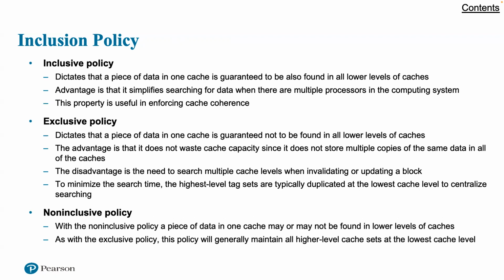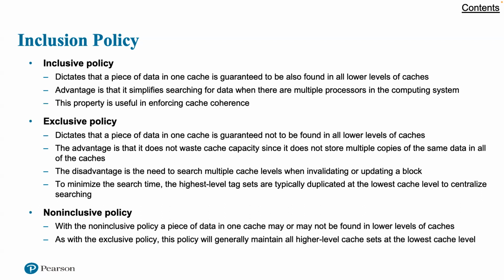In multi-level cache environments in which there may be multiple caches at one level that share the same cache at the next lower level, inclusion between these two levels may not always be desirable. Three inclusion policies are found in contemporary cache systems. This is what we're showing here in the chart. First is the inclusive policy. It dictates that